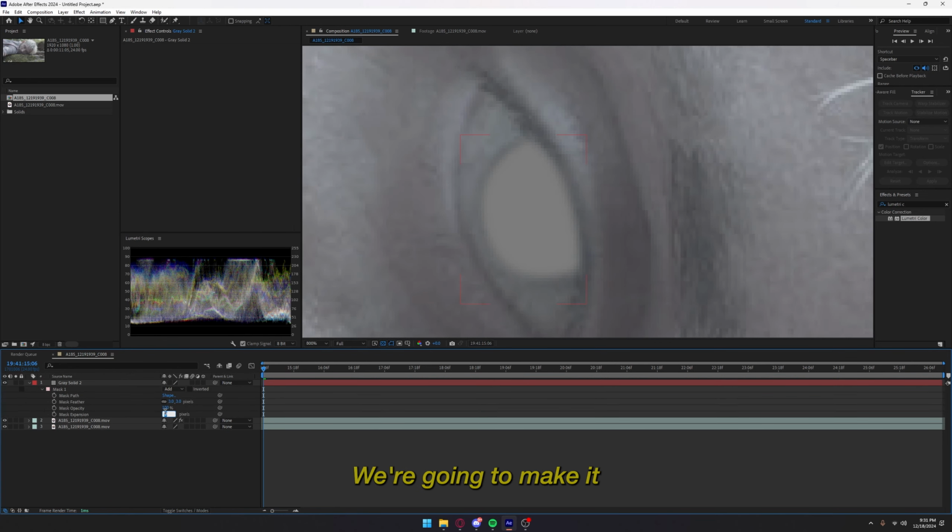Boom. You can kind of see how his eye looks dead now, you know, like a zombie, dead zombie eye. Kind of cool, easy. It's just a low opacity gray solid. It's super simple. But you see it moves with his head and my camera movement. So we're gonna need to do a new null object. Let's throw it down to the bottom,